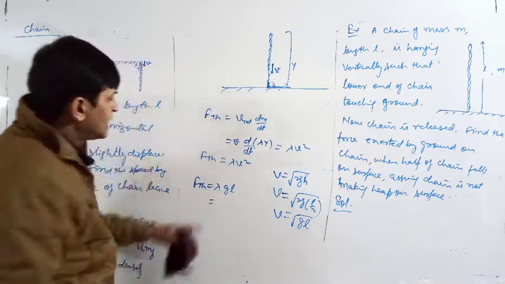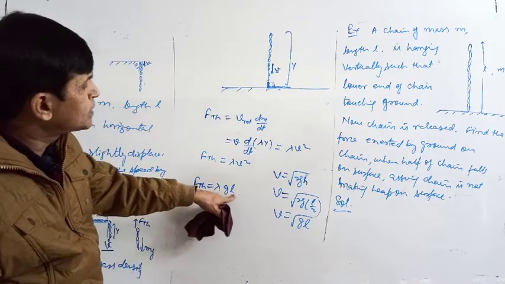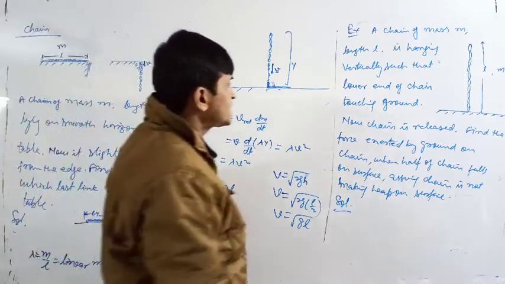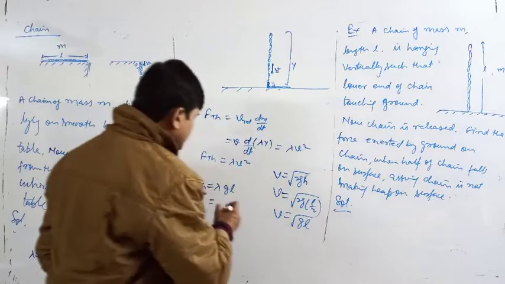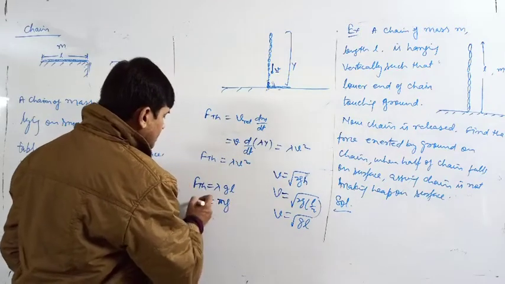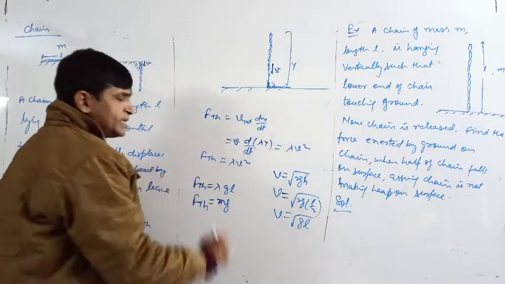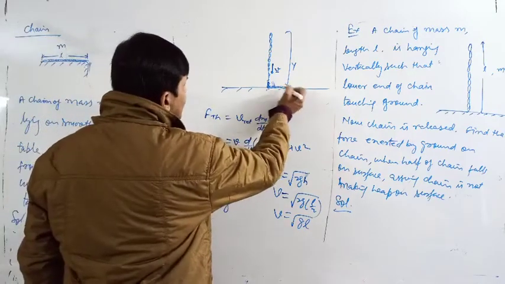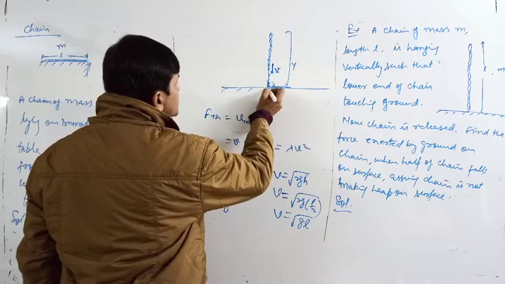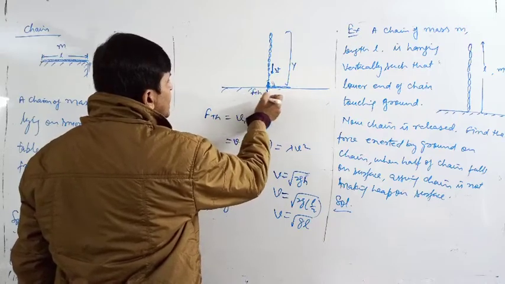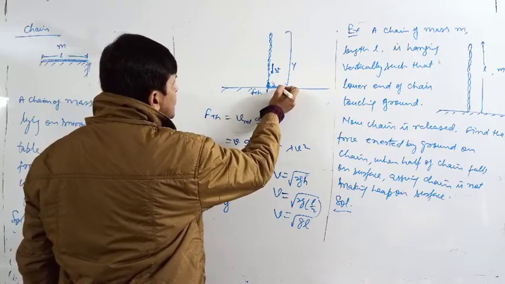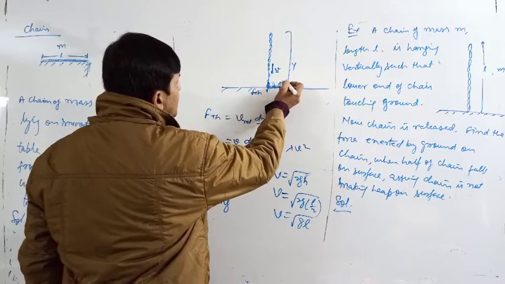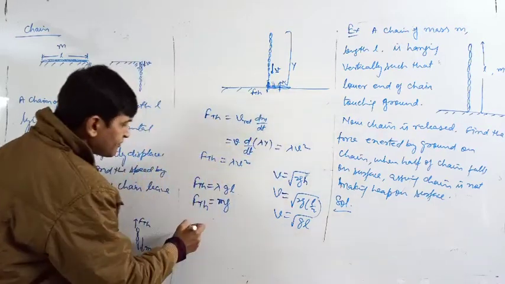So lambda into gL, lambda into L: lambda is the mass per unit length, L is the total length. This becomes mg. F thrust is equal to mg. If I make the FBD here, one force is F thrust upward, another force is the normal force, which is equal to the weight. The total force